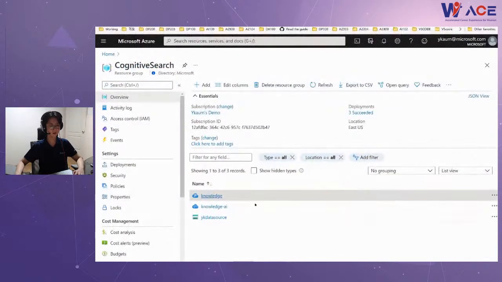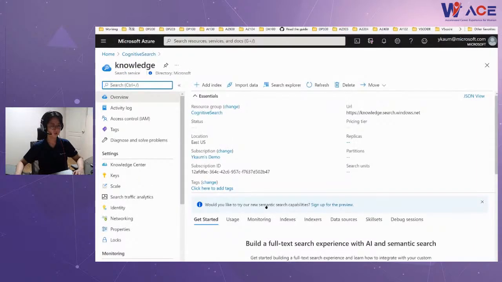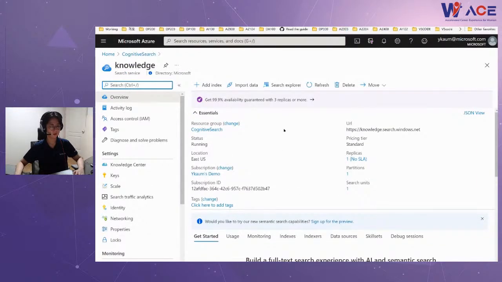So let me start with search. Okay, when you build an index, there are two methods. The first one is the no-code experience. Without code, you can make an index. The other one is code. You can start from scratch with the SDK and code.